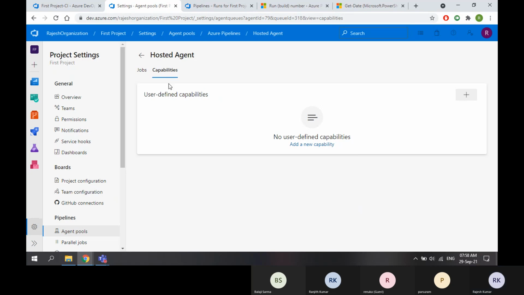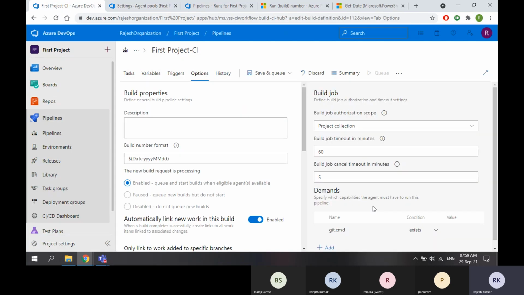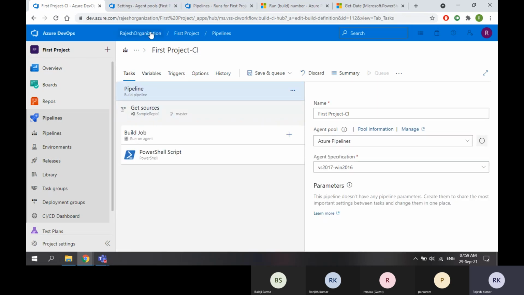Because these agents are being managed by Microsoft, so you cannot have any capabilities defined here. But here in the options, it says specify which capabilities the agent must have. But I am selecting the agent pool of Azure Pipelines.